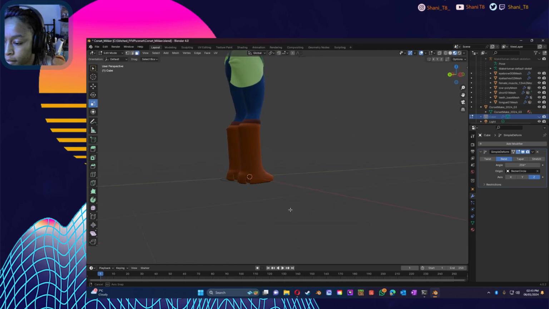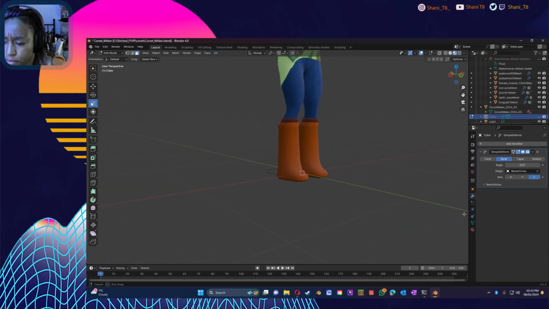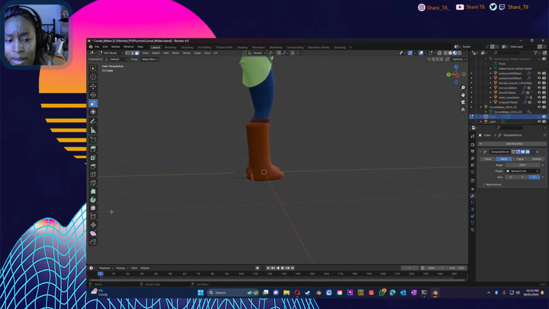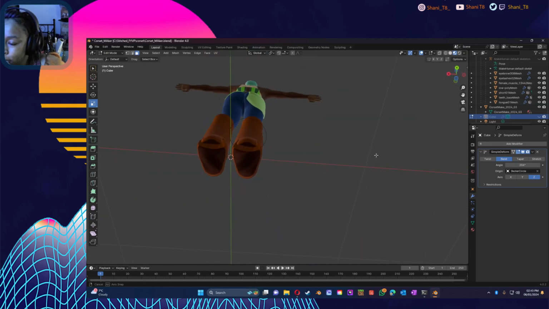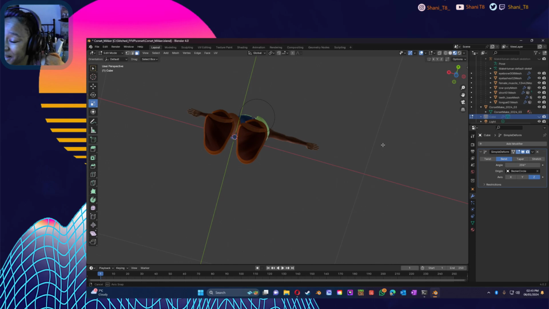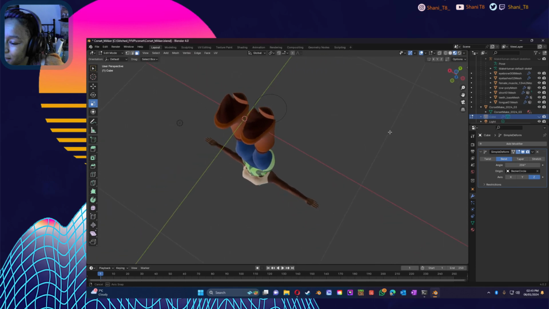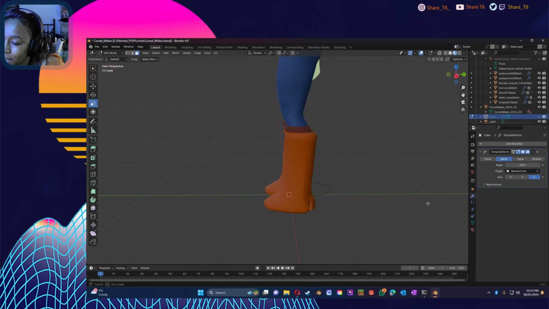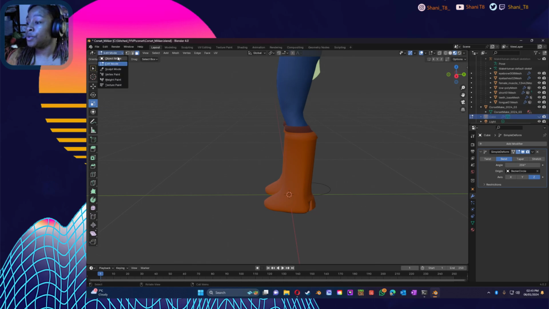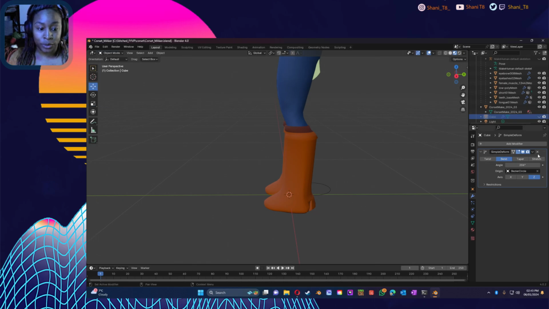Right. How do I feel about that? I would have preferred the heel slightly more inwards, but actually, I like that from the bottom in terms of, I think that will give an interesting footprint. I suppose if I got rid of her feet completely, which doesn't seem like a great idea, it will probably be okay, but I'm not going to do that. Yeah, okay. Go to object mode. I am going to